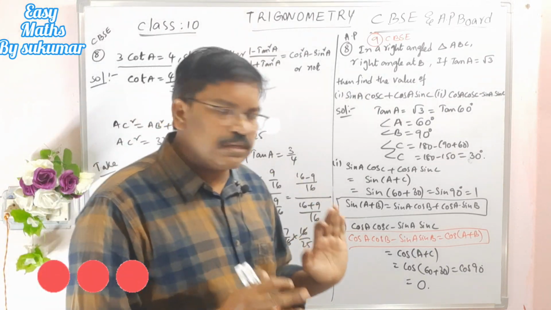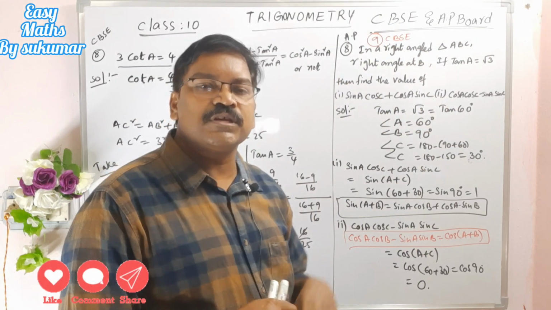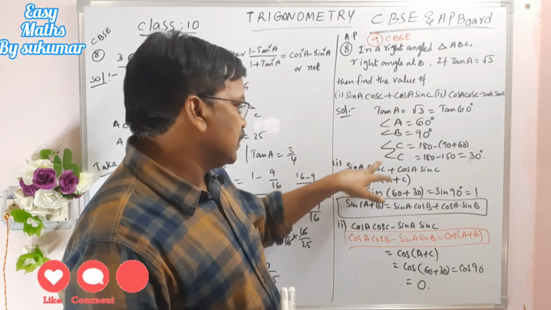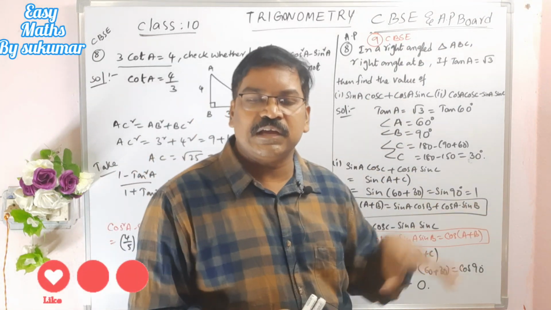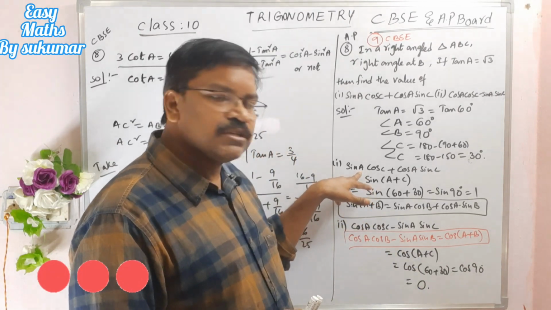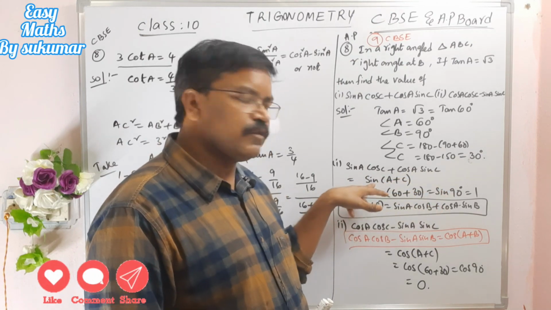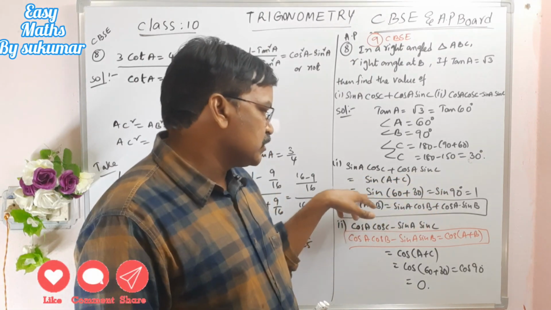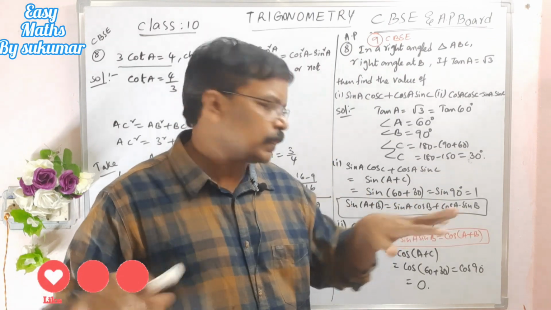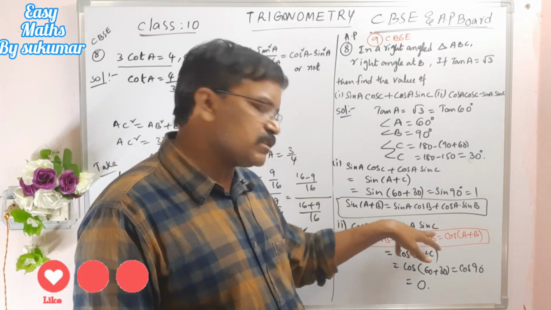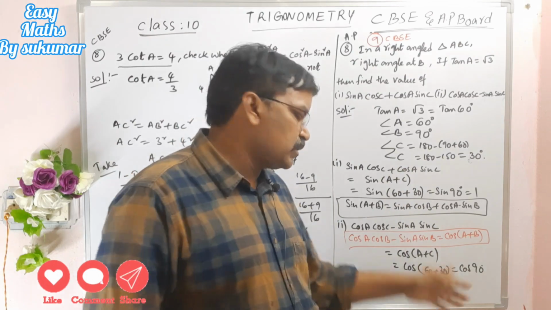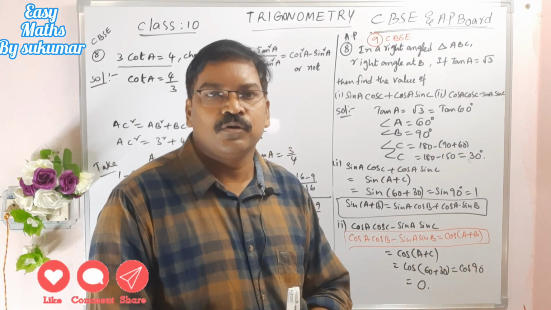See, actually, my dear students, we can solve this sum using a right angle triangle and Pythagoras theorem and finding the values of sin A, cos C, cos A, sin C, but this is a long process. But if you use this identity, instead of sin A cos C plus cos A sin C, it is sin of A plus C. That means sin of 60 plus 30, sin 90 is 1, then it is finished. It is simple. Here also, cos A cos C minus sin A sin C means cos of A plus C, that means cos 60 plus 30, cos 90, that is 0. It is also very simple using identities. Okay, my dear students.